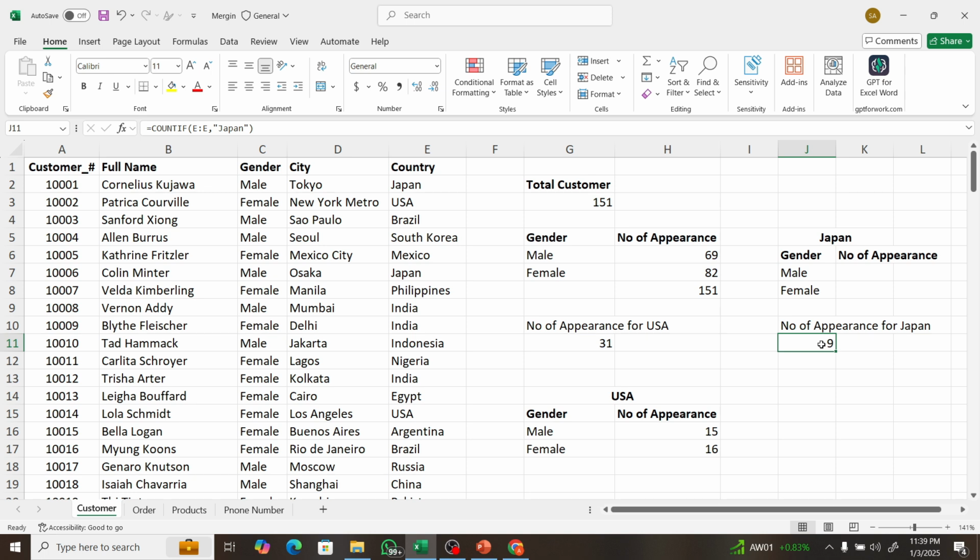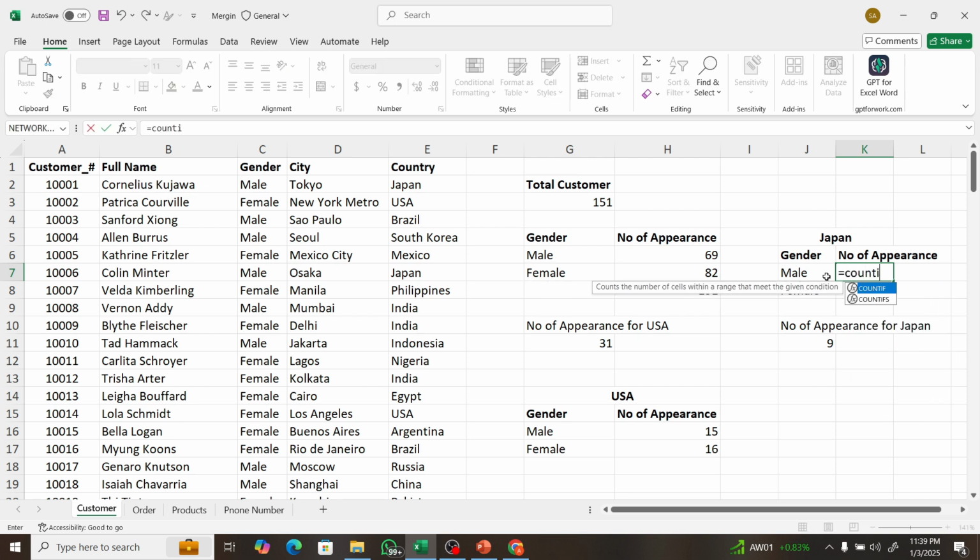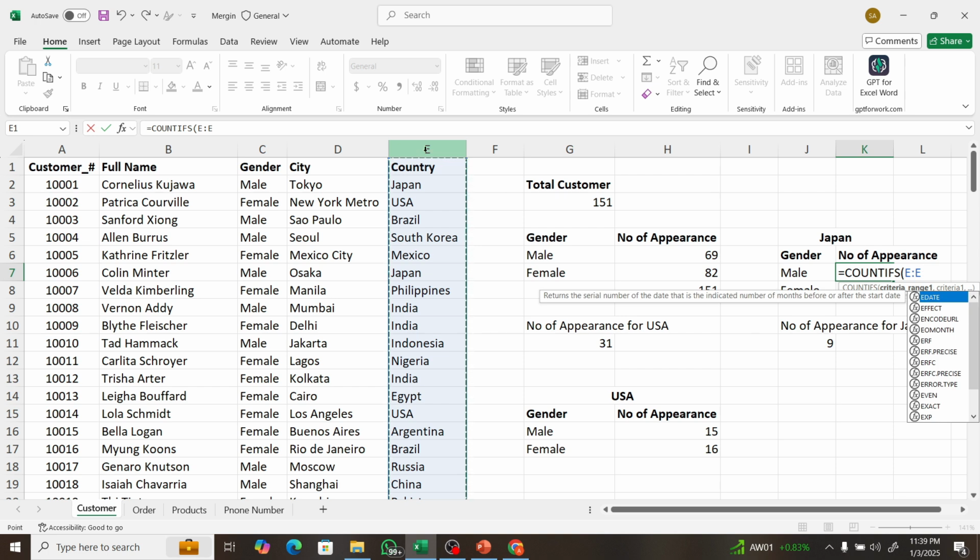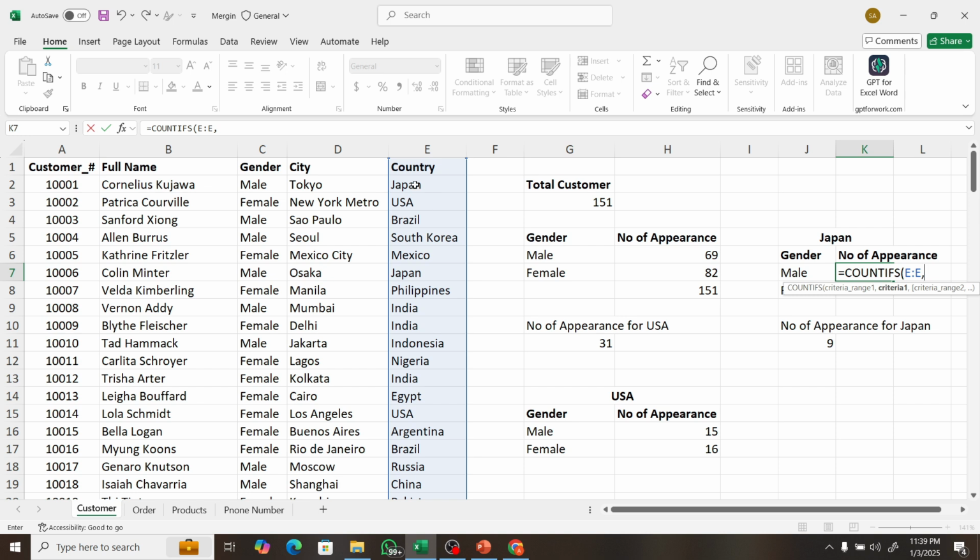How many of them are male and how many female do we have there? Let's do that. Now since this is 2 criteria, I'm going to make use of COUNTIFS. We say equals to COUNTIFS. Criteria range 1, I can go with the country. So just have to choose your criteria range and the criteria that I'm looking for here in this country. The customer has to come from Japan. So in quotes, Japan,